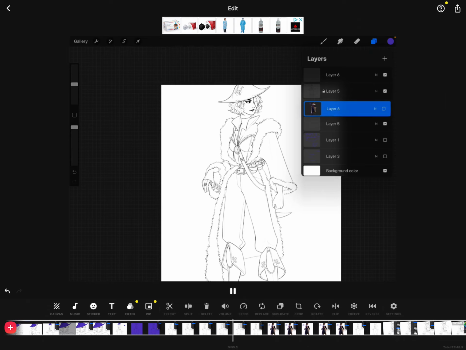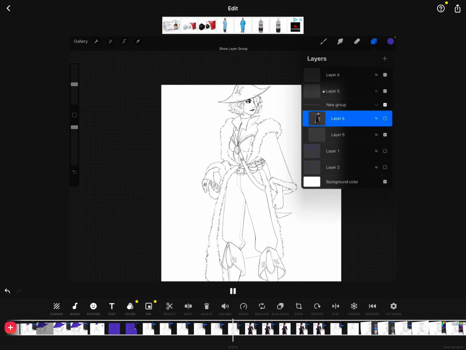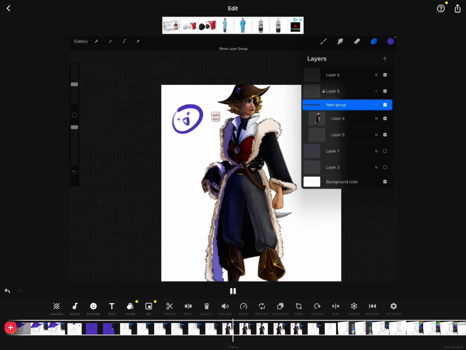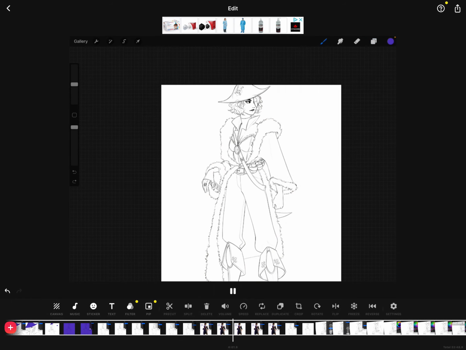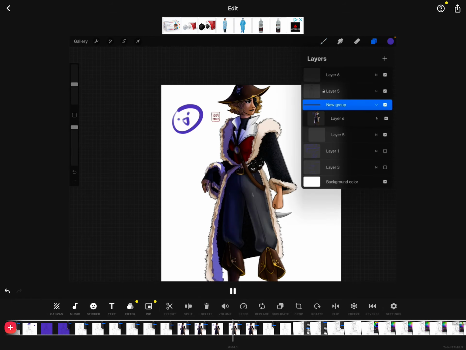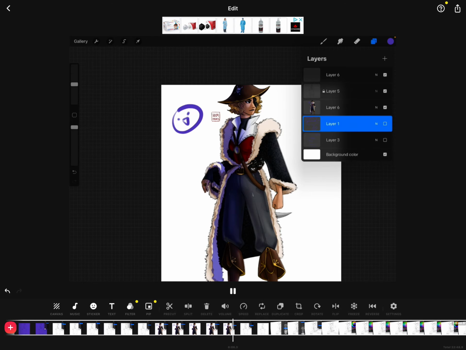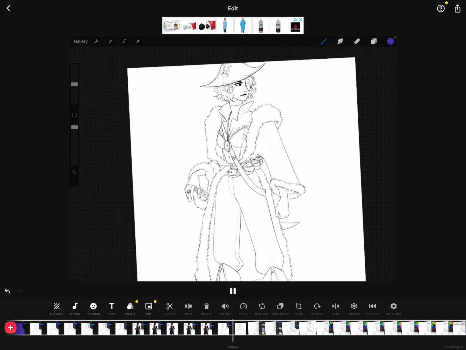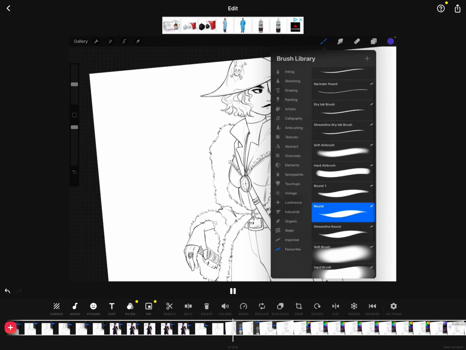You can group layers. So if you just drag a layer over top of another one, you have this group. So you can choose to show all of them or show none of them. Let's take this out of there. Again, you can delete stuff pretty easily. All right. And the last button we'll talk about is